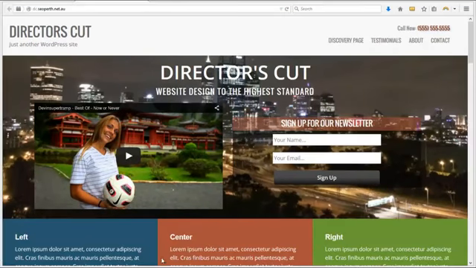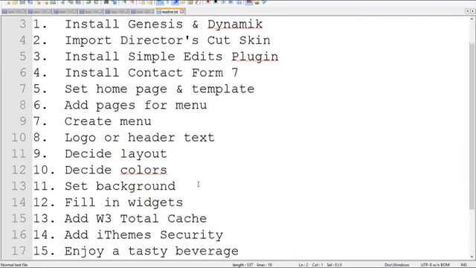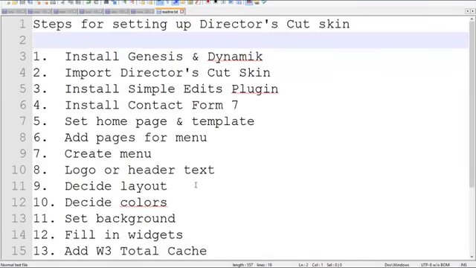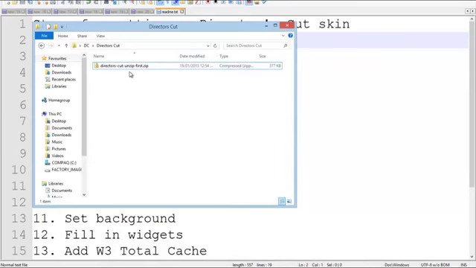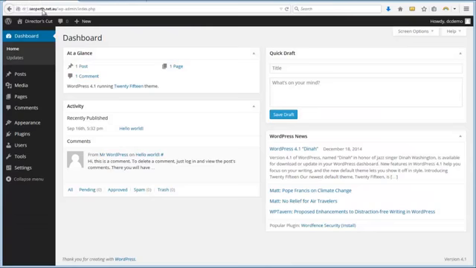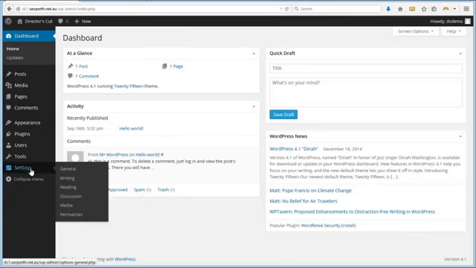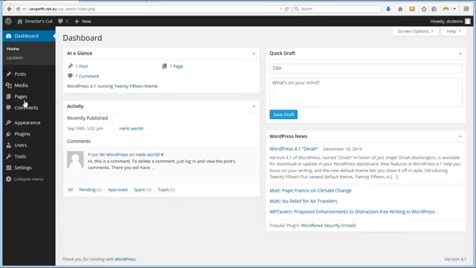Alright, now it's time to build this. So here's the steps. You'll find them all in your zip folder. Alright, so first things first is we want to go over to this brand new one. Okay, I've set the blog, set the permalinks, done all the basic stuff that you know from the OMG teaching. Now,